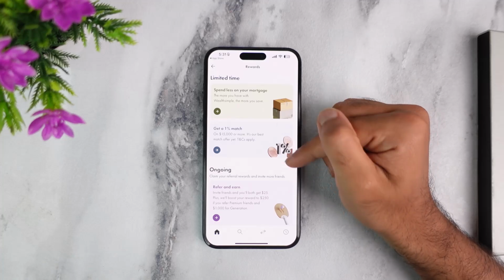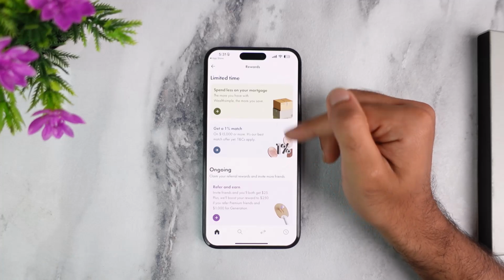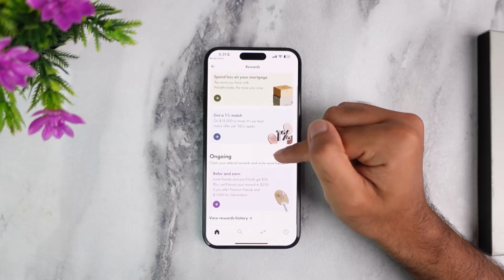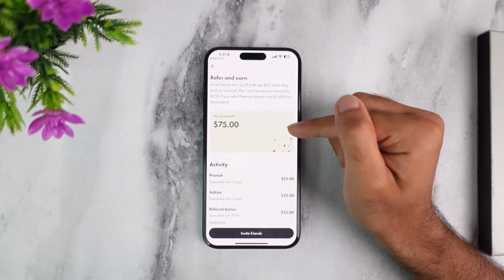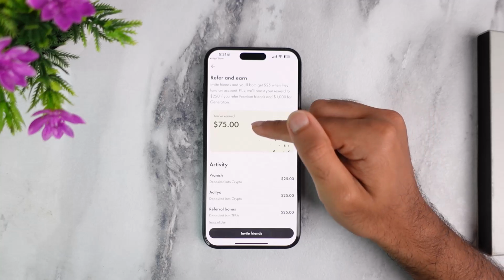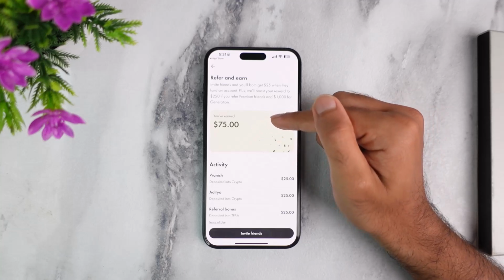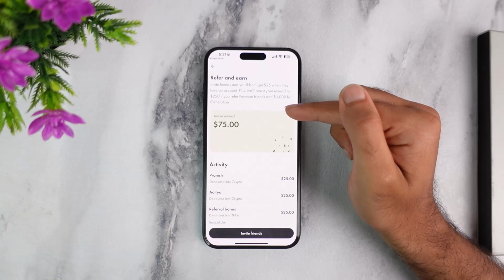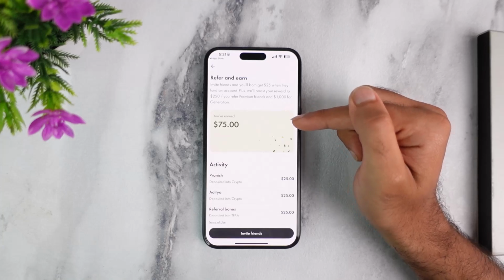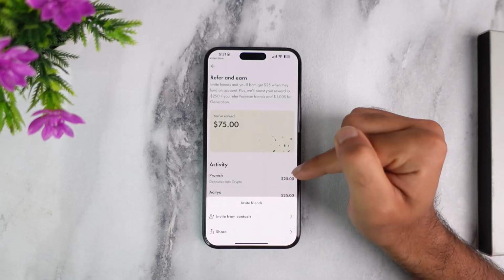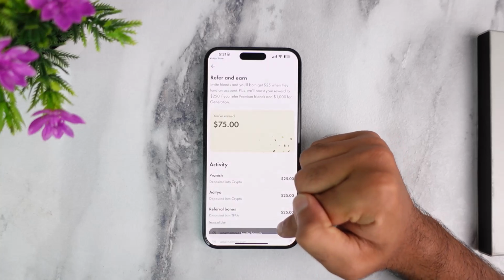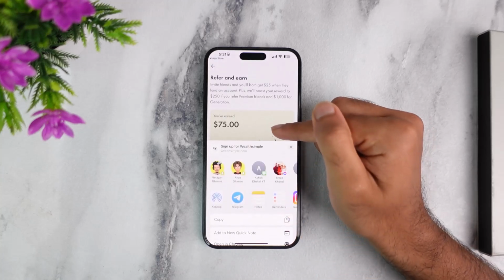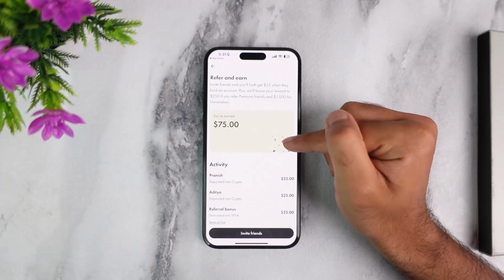And you can also use other rewards or referrals over here. So in order to refer someone on your Wealthsimple account, as you can see, I've already earned $75 using this refer option. So in order to refer someone and get the money, all you have to do is tap on the option invite friends, and then tap on the option share, and you can basically share your referral link to